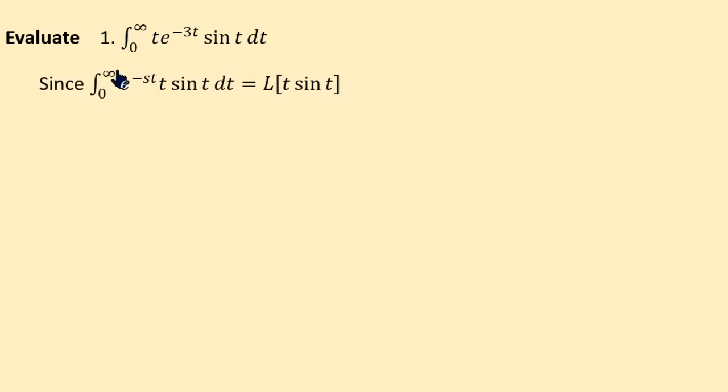Integral 0 to infinity e power minus st f of t, where f of t is t sin t. Assume that t sin t is your f of t. So, this is nothing but the Laplace transform of t sin t. We can find the Laplace transform of t sin t without integration, by applying the second rule, that is minus